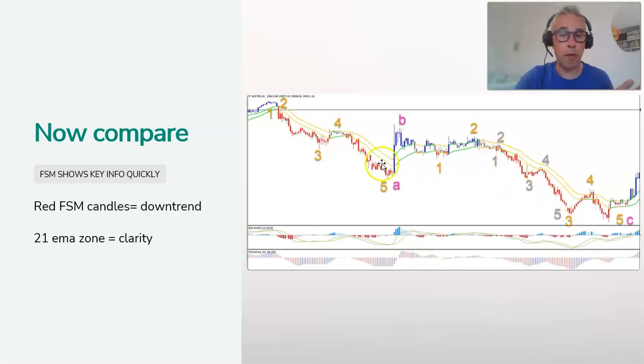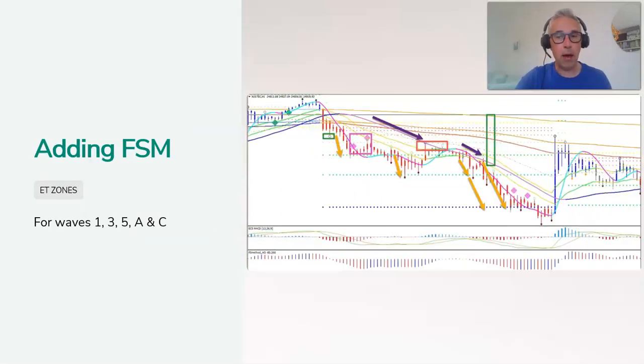And if you are an Elliott Waver, you might label it something like this, perhaps. So does this help my analysis? For me, yes. And I think that other traders might also benefit from analyzing it in this way. Okay. Now let's add a little bit more context to this analysis, right?